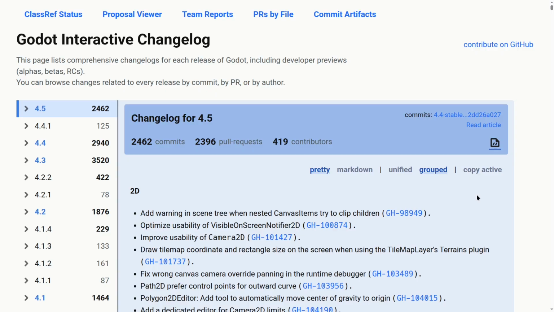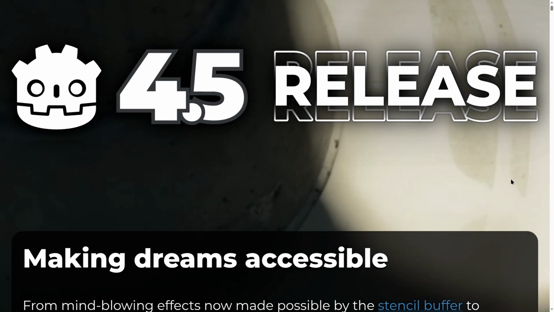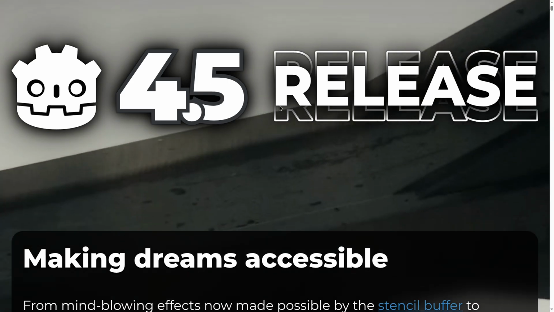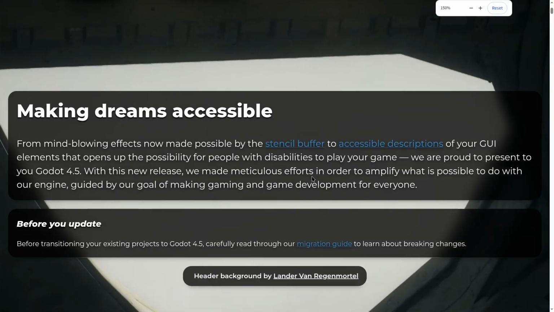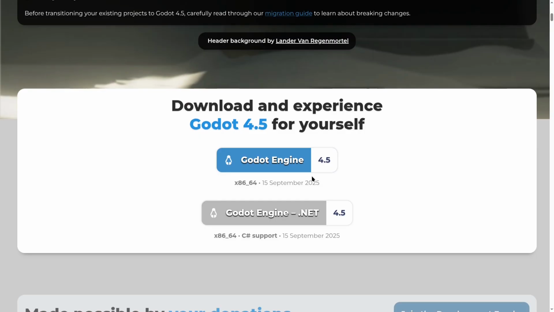The wait is finally over. Godot version 4.5 finally got released with a total of 2,462 commits. Now, this is a lot less compared to the 4.3 update, which was a massive update, but that's still quite a high number. So let's see what this 4.5 release contains, because there are quite a lot of very nice to have